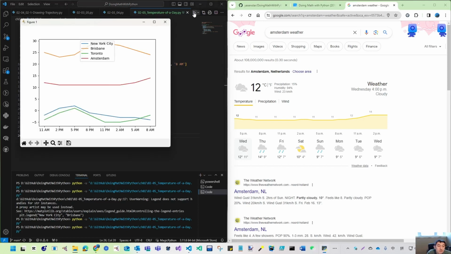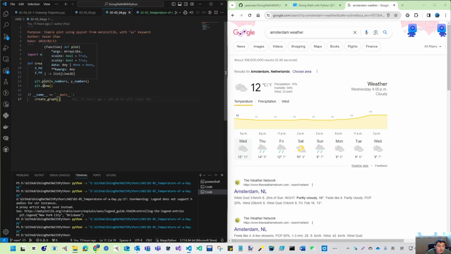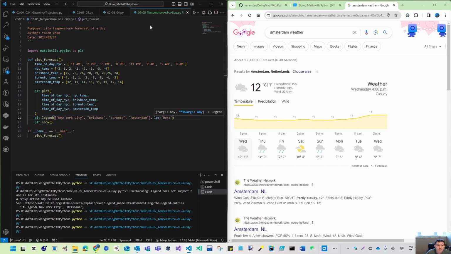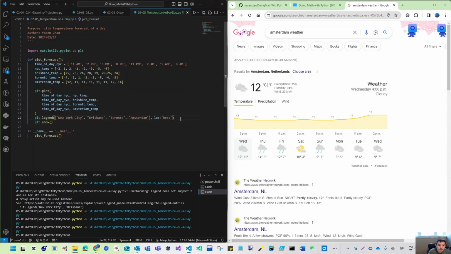So let's say we don't add the title. So let's also add the title. So let's read from here. So I remember when we make the legend, we can have our loc equal to best. So let's see, the best means because it interferes with the line. So it's still interfering because you cannot prevent that, your chart is not so huge. And then let's put this as our legend,